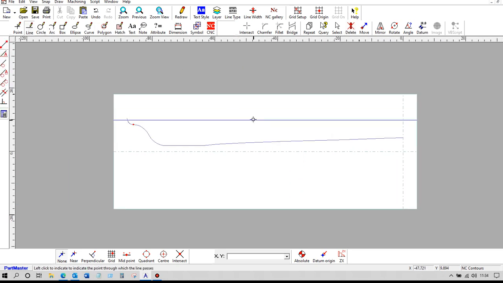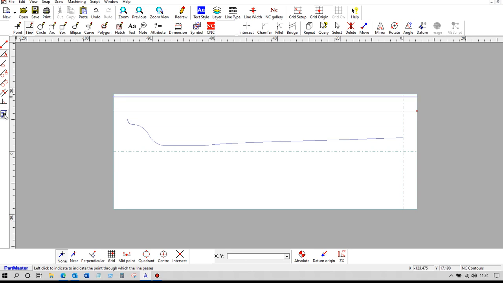So this time, this line here, it doesn't matter particularly where it is, and you'll see why in a moment. So now change the angle to 90 degrees, go into near snap, and line there, now go into intersect, and clip items,